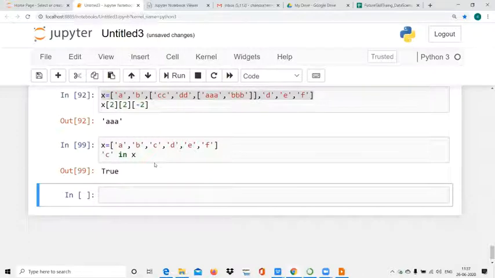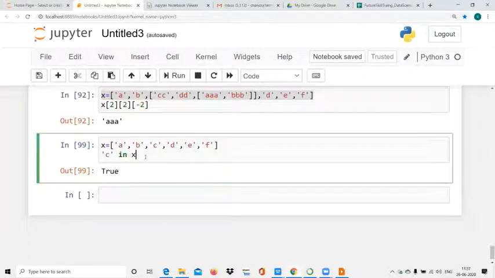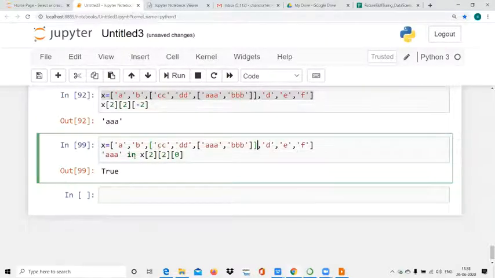But in case of nested, I have to give the complete index, only then it is able to find. The in operator will not go inside the sublist. If you give its proper indexing, then it can search, right?